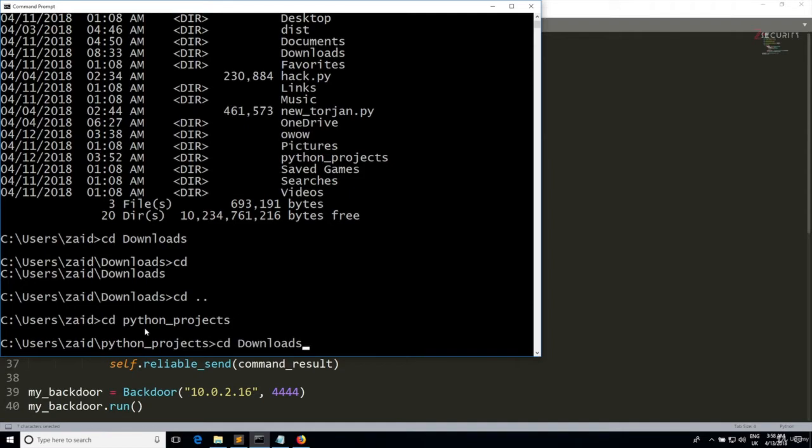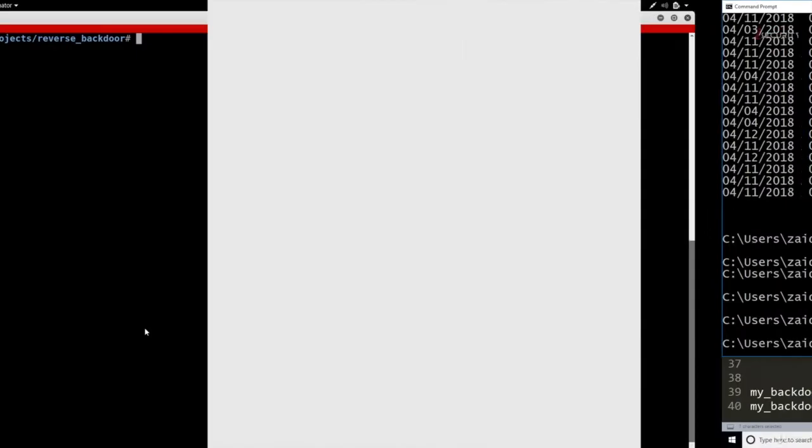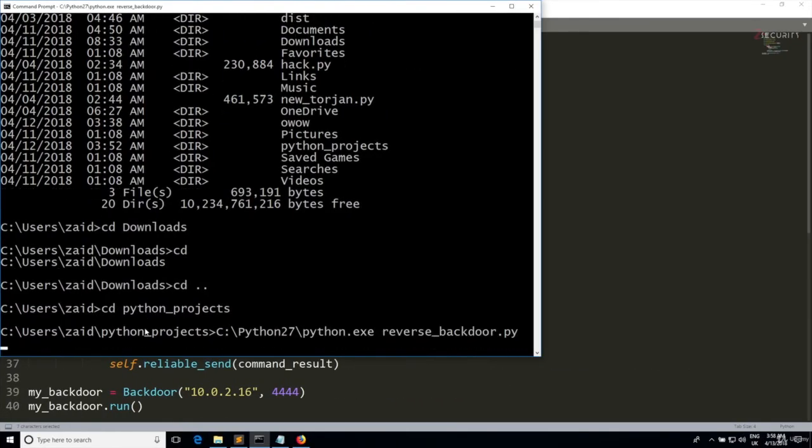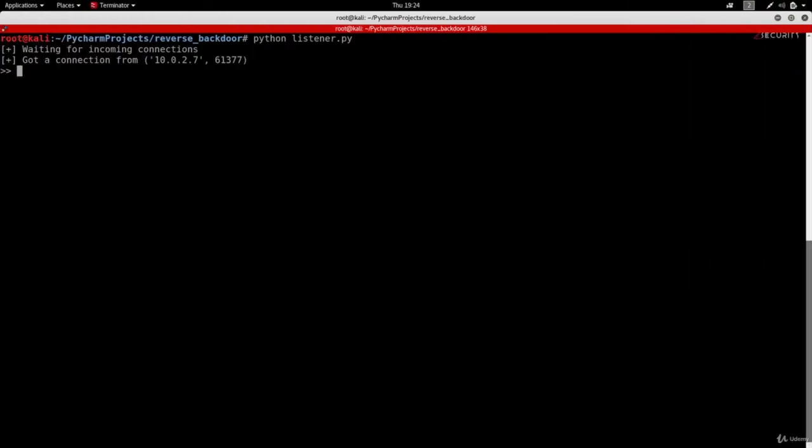And if I run the backdoor, let's just listen for incoming connections first and run it. Now, if we just execute the cd on its own, you'll see that this works fine and it'll show me my current working directory because this is a normal Windows command and our code allows us to execute system commands. But the problem happens when I do cd .. You'll see that I'll get nothing,